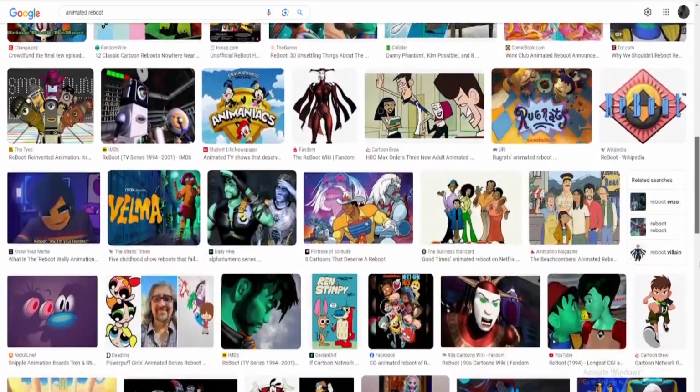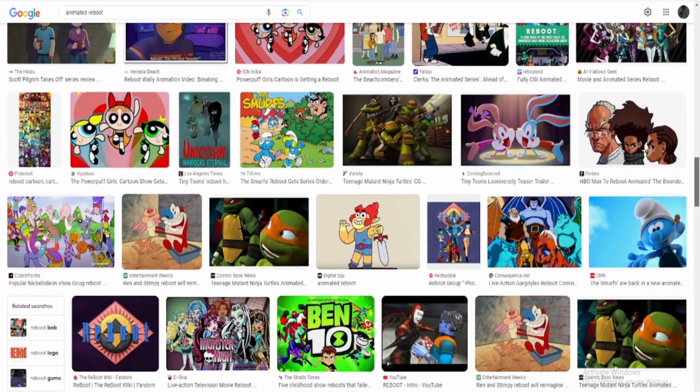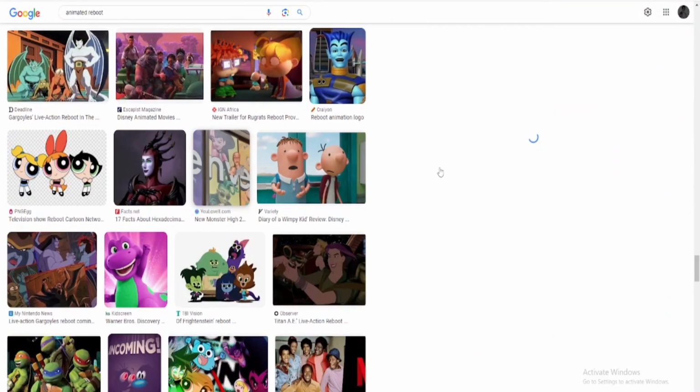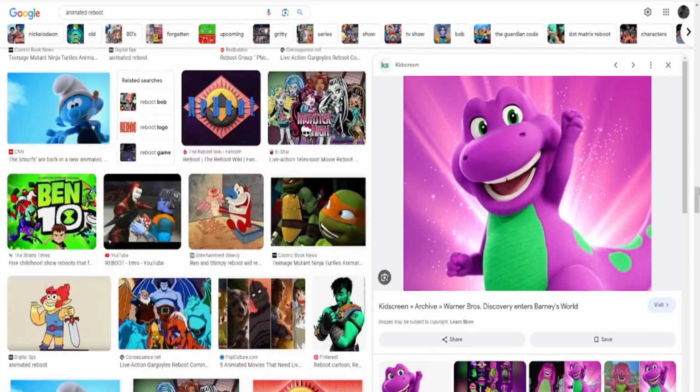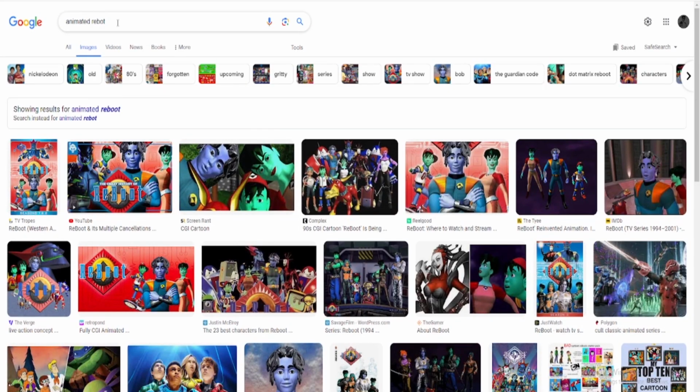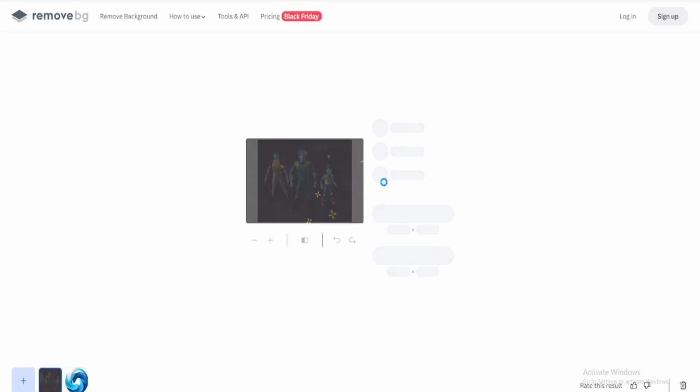So we have a lot of options here to choose from. I need something good. Let's just scroll down to see more options. I think I like this one, but let me see if there are other options. Let's search for some other robots. Oops, I mistakenly wrote reboot instead of robot. Correcting and searching again, I am selecting this image of 3 robots, and then I will edit it to choose